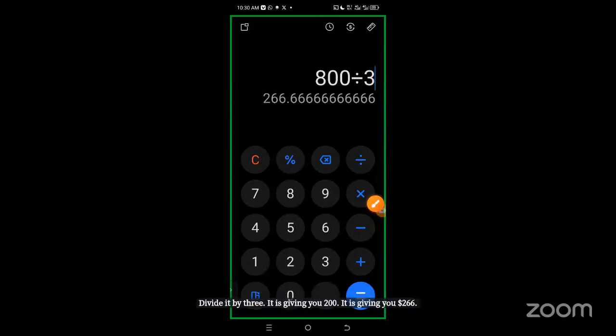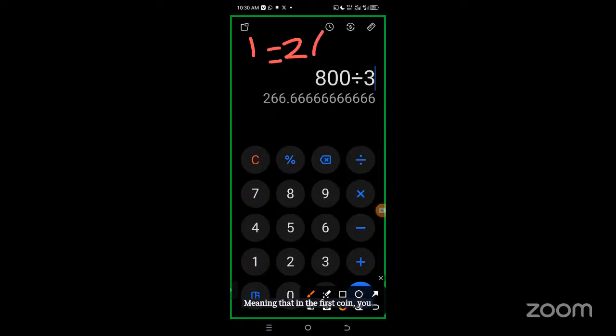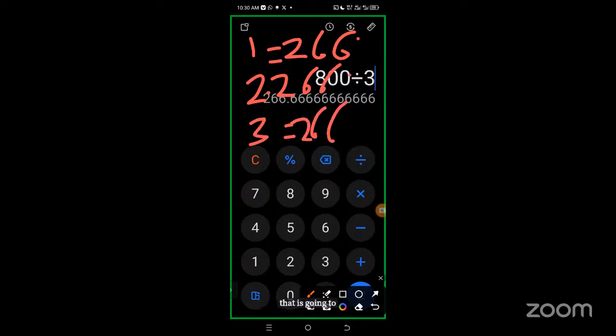$266. Meaning that in the first coin, you will invest $266. Second coin, $266. Third coin, $266. But what is the first buying amount of these coins that you are going to be trading? It is going to be